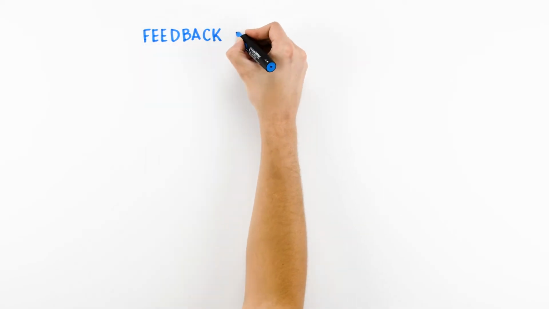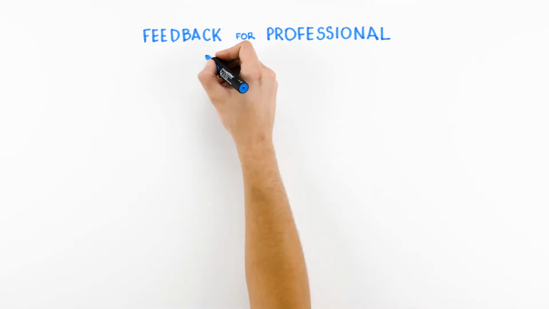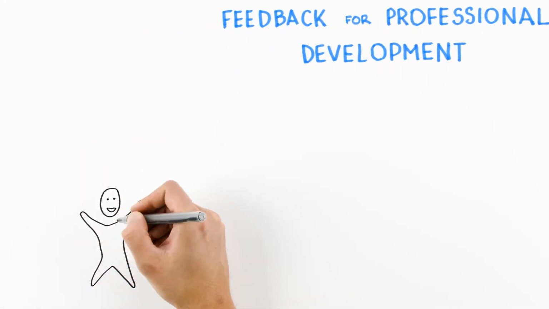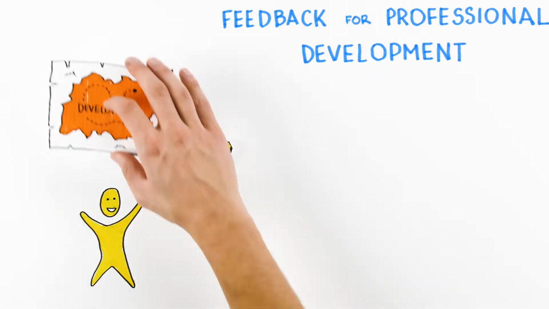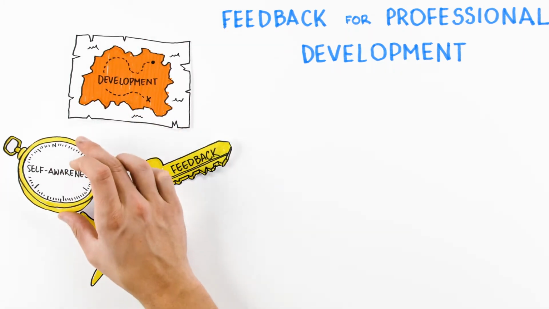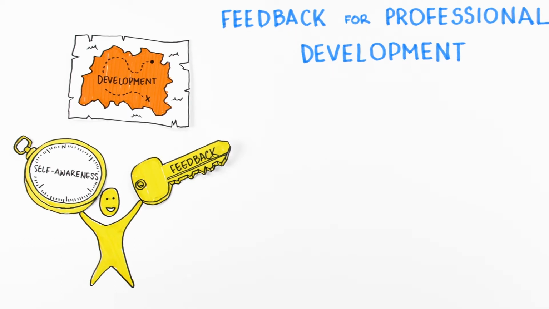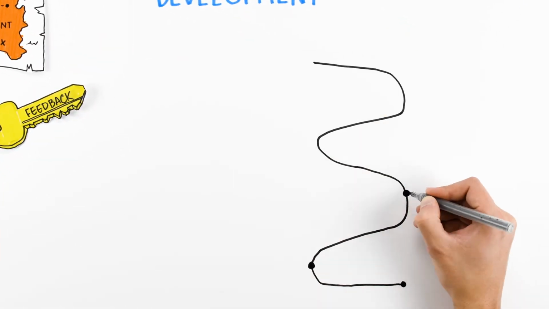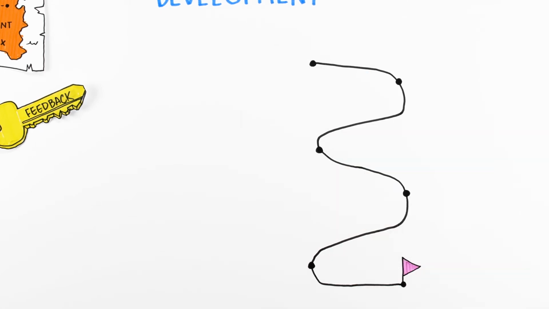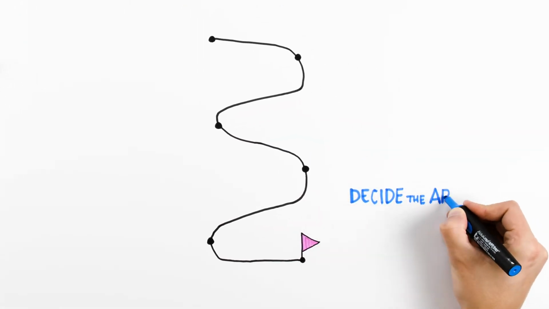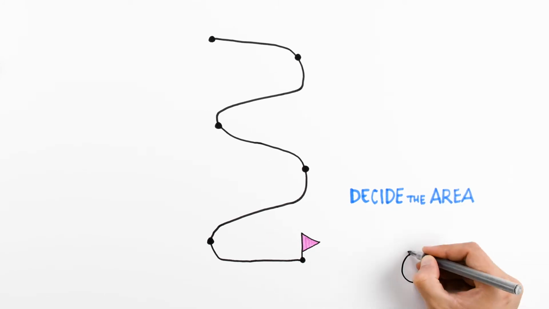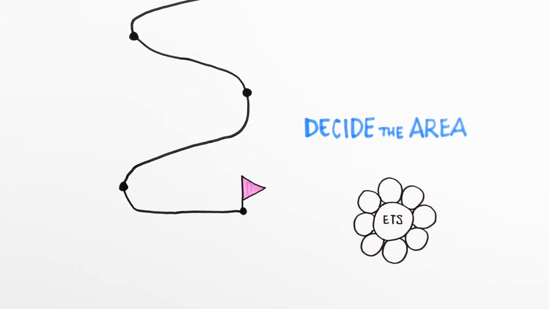To use feedback for our professional development, we can take this process into our own hands. When consciously used for professional growth and development, and not only received based on ad hoc or emerging behaviours in a certain situation, feedback can have a stronger and more lasting impact. The first step can be to decide in which area or concerning which specific behaviours we would like to receive it. If we relate this to a competence model, we should choose a competence and then go for a specific behaviour or a set of behaviours.